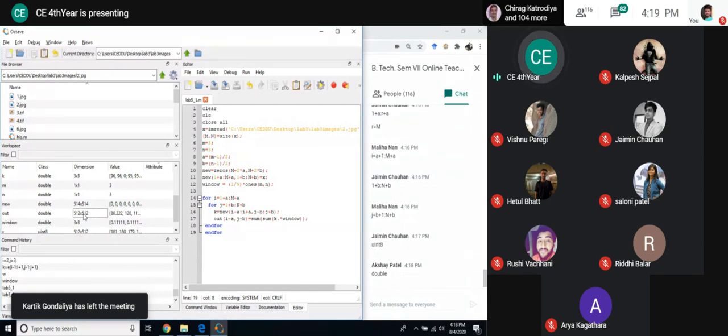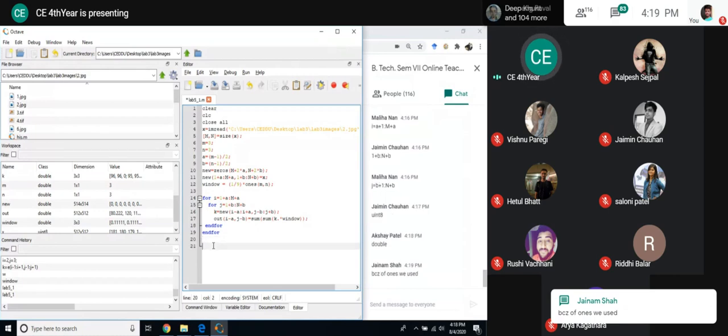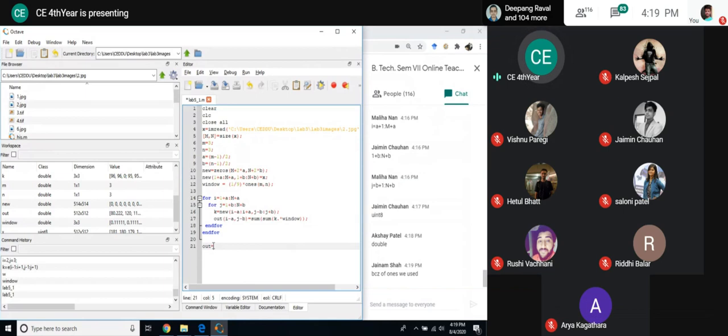What is the value range? Values are greater than 1, that you can easily see. Now if I use imshow, what is going to show me? A totally white image, because if it is double data type, it will expect 0 to 1. So what should I do is, out is not sufficient. Yes, because you used ones, that's why the data type is double. But anyway, we can go with uint8 of out.